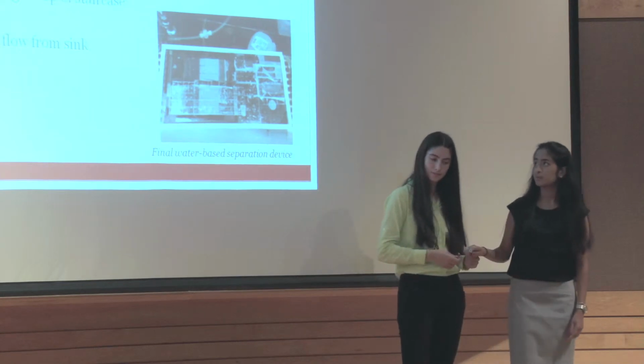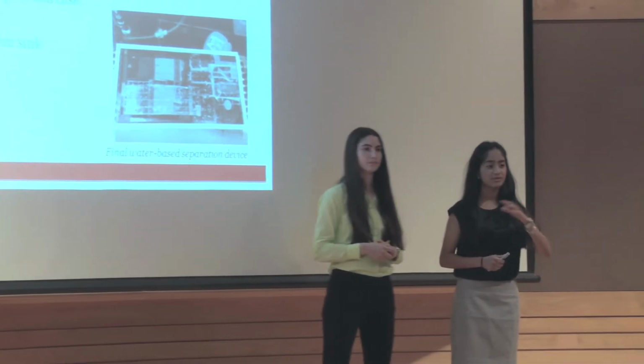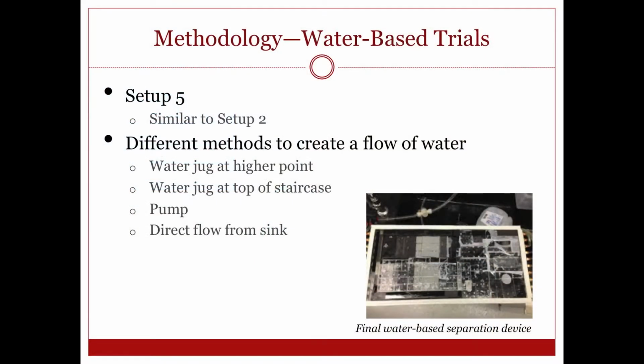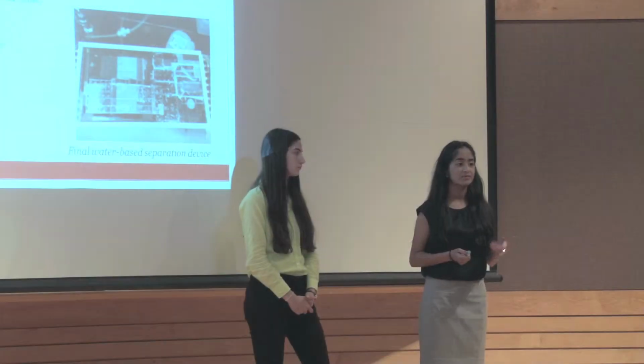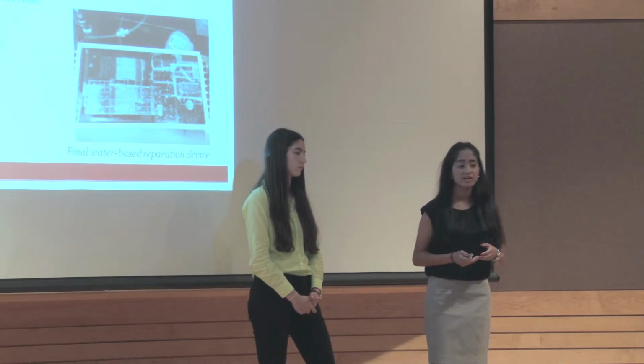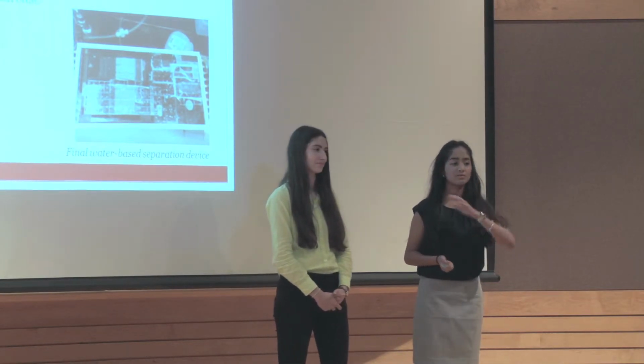So this 5th setup was similar to setup 2 with the varying strengths of magnets. And the thing we changed in this 5th setup was how we got the flow of water to the actual tank with the device in it. So the first thing we did was the same as in setup 4 with the water jug, which was at a little bit of a higher point than the tank. But we found that the velocity of the water coming into the tank was not enough to effectively push the beads. So we tried putting the water jug at the top of a staircase, which was about 5 meters high,